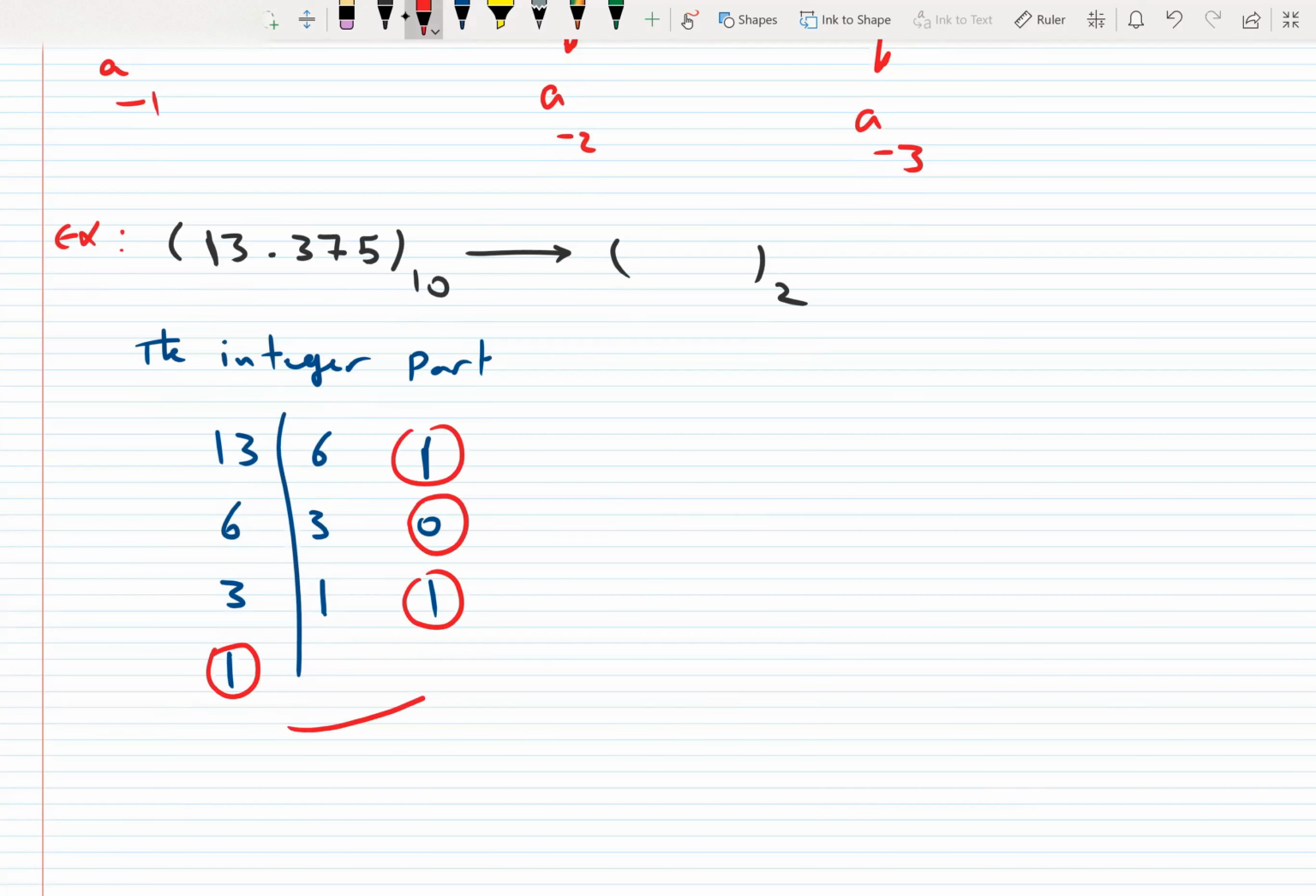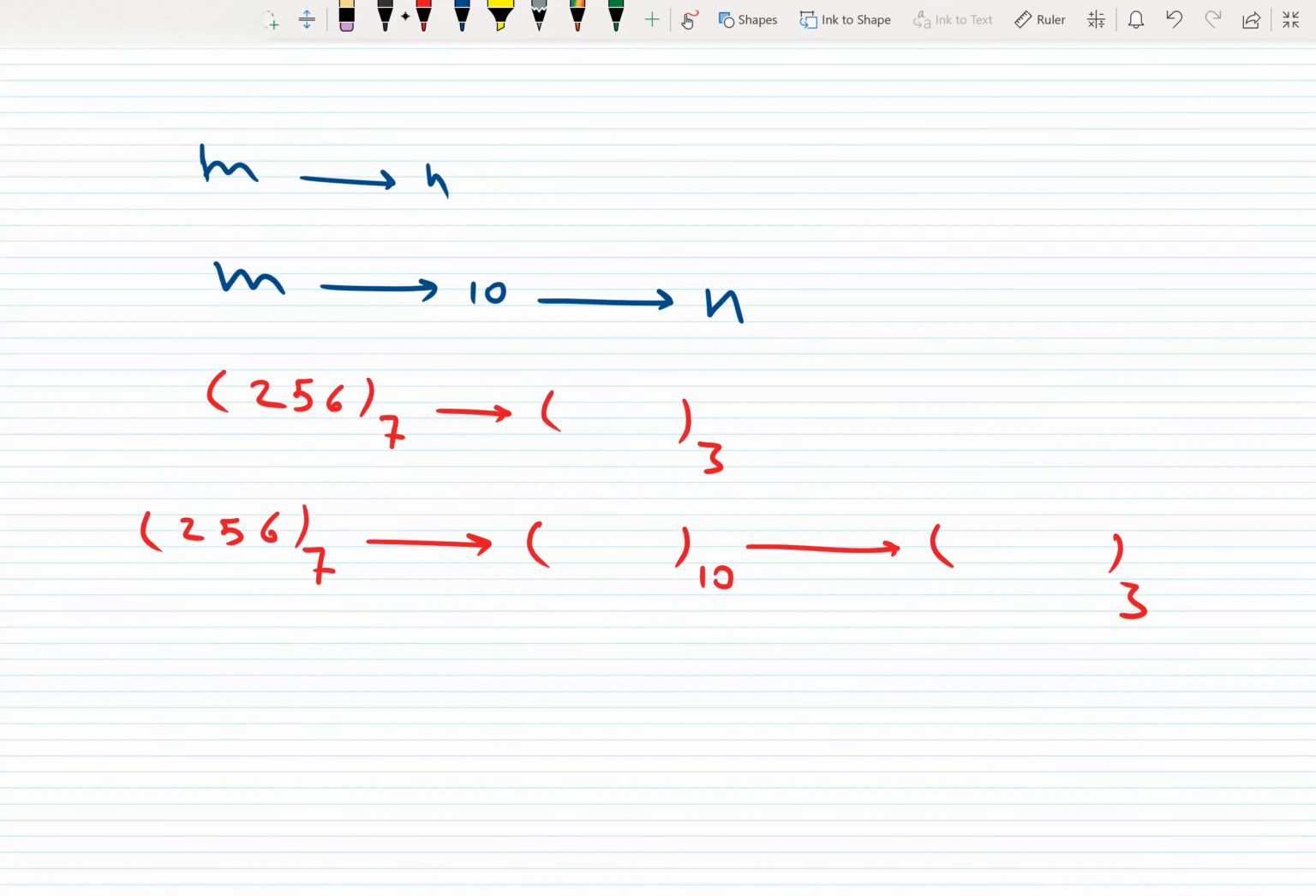Okay, so we convert from base 7 to base 10 by multiplying with the powers of 7, and from base 10 we can convert it to base 3 by the division and multiplication method. So this one is the conversion between two bases where none of them is base 10. But there is a shortcut to convert